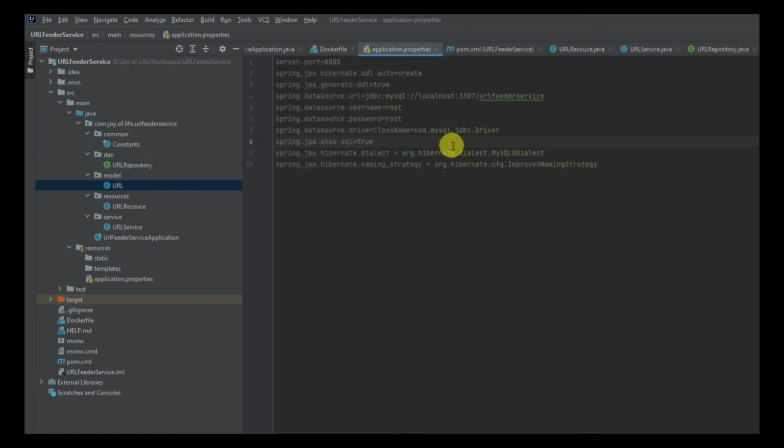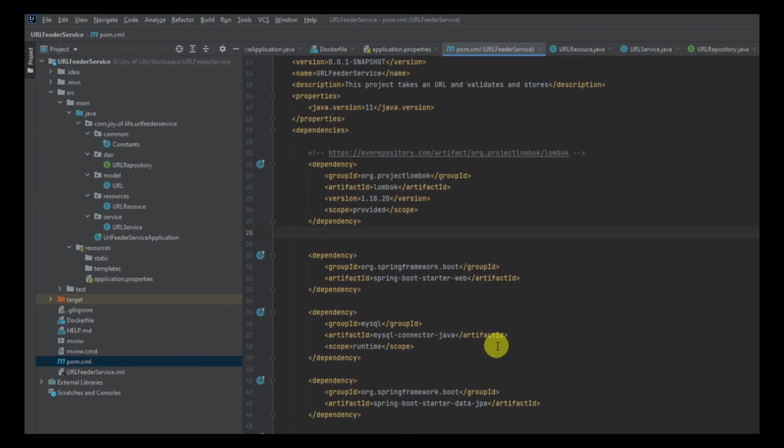So now the next thing that we need to do over here is to set up the connection parameters in the properties file. So spring.jpa.hibernate.ddl-auto to create, because we want to create the tables, and we have to generate the DDL in that case. So that's why it's set to true. Then you have the URL to your MySQL instance along with the database, then the username, password, and you need to specify the driver for MySQL. If you remember, we have added the dependency into our POM file. So, a quick recap, we did it over here.